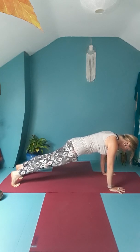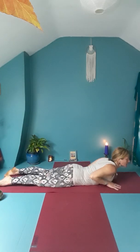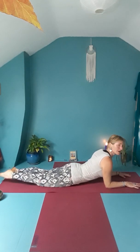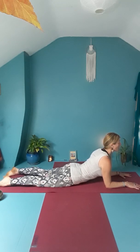and drawing the navel up. And then you're going to come down onto your knees and lower all the way down onto your belly. Slide the arms forward so the elbows are under the shoulders, forearms are parallel. You're pressing down into all of your toe knuckles and then lifting the heart forward and up through the gateway